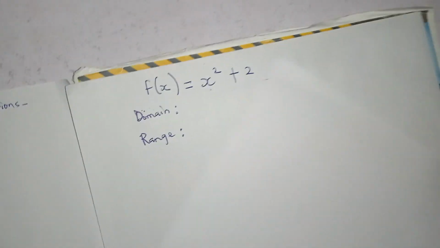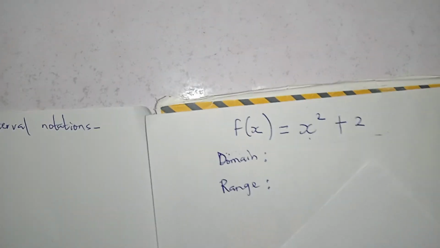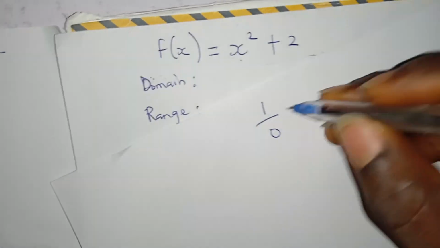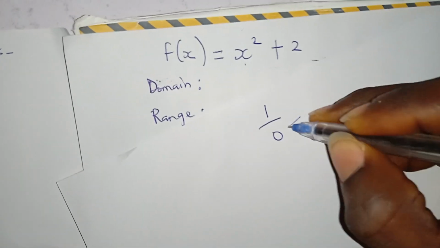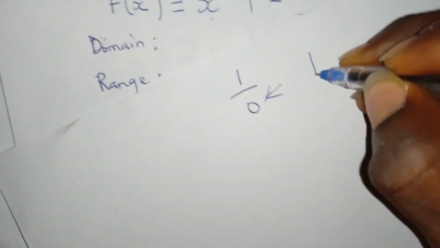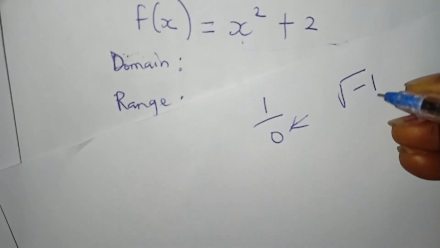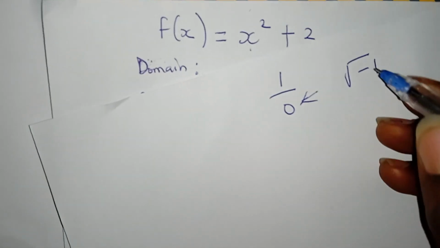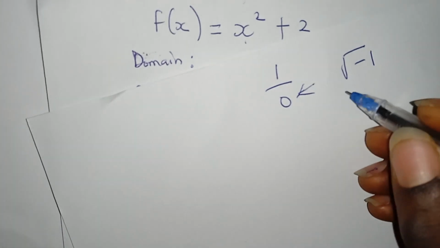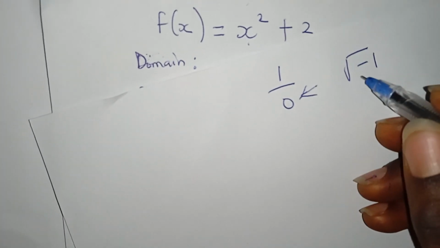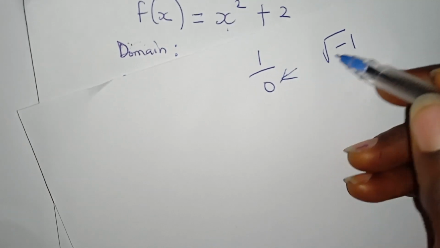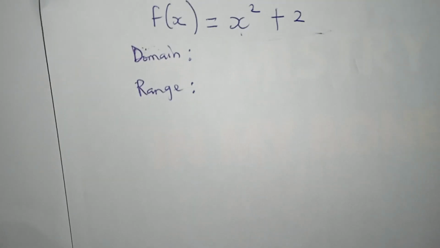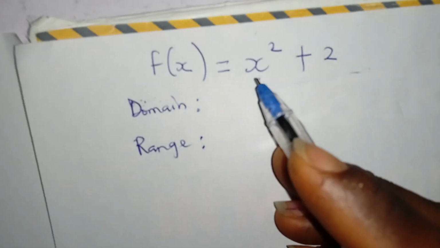when you think of something to be undefined, it simply means that we are talking about instances like 1 over 0 or a number over 0. You know that this cannot work. We are thinking of instances where we have root of minus 1 or root of a negative number. And you know that this cannot work because the root of any negative number is a complex number. So it's all undefined. So is there any number that we can put here